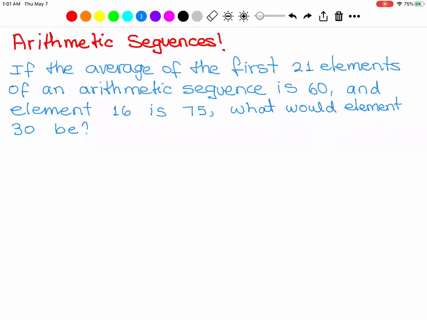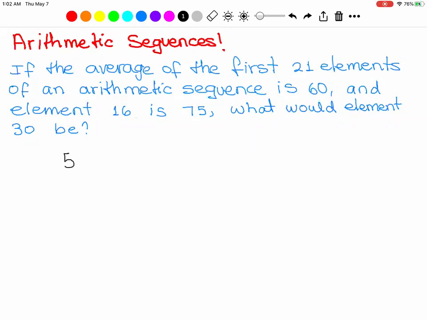Hi guys, so now let's solve another problem where they are giving us the average of the first few terms and they're telling us to find specific elements in the sequence. Now it's super important for us to review the fact that when you have an arithmetic sequence, let's say for